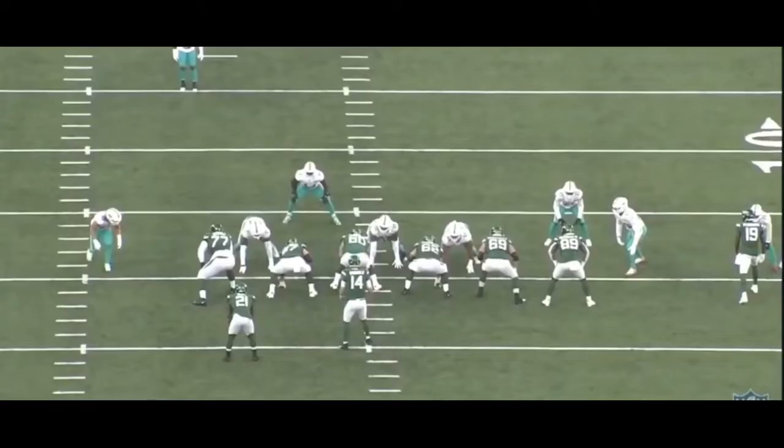All right, so here we are, Jets, Dolphins. Going to jump around to a few different games in this video, but this is a solid, this is another run stop. We're going to get to some pass rush eventually as well, but this is a solid run stop from our